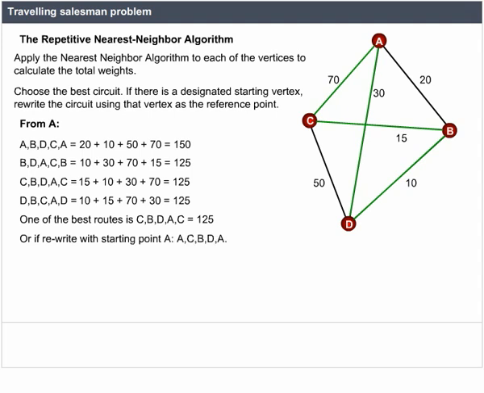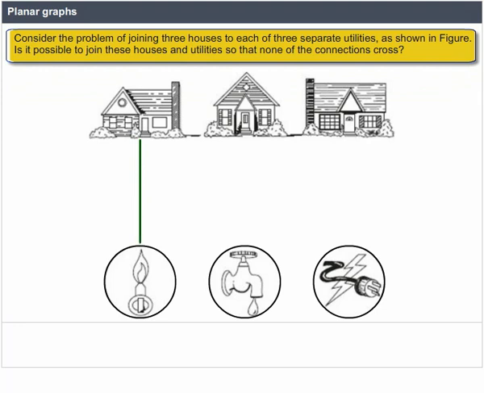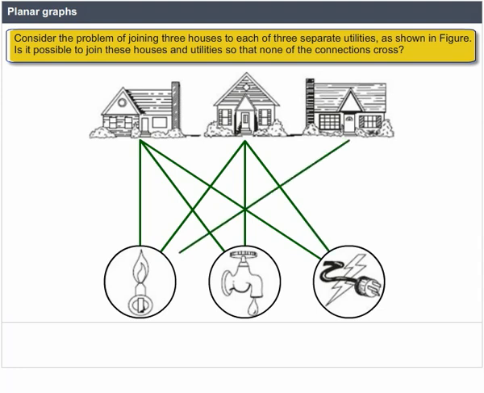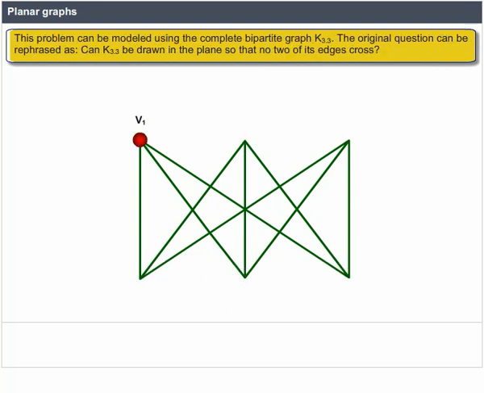Consider the problem of joining 3 houses to each of 3 separate utilities as shown in the figure. Is it possible to join these houses and utilities so that none of the connections cross? This problem can be modeled using the complete bipartite graph K3,3. The original question can be rephrased as: can K3,3 be drawn in the plane so that no two of